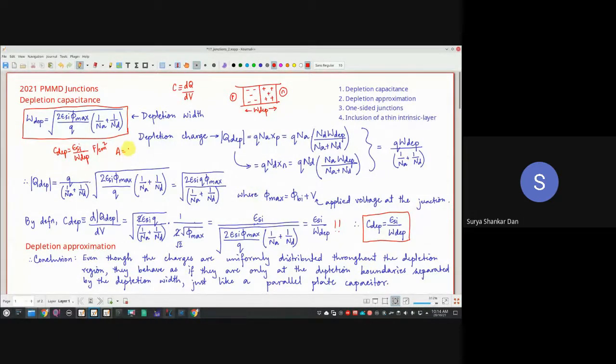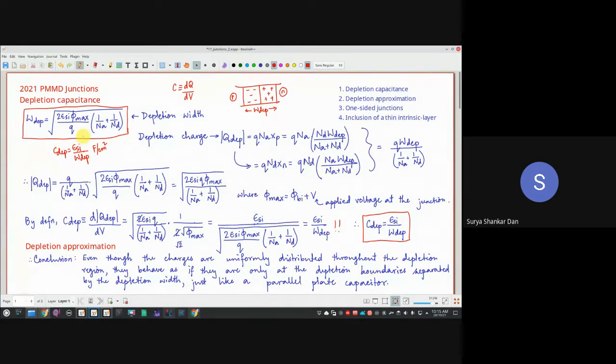What is that A? That is W into L. And in circuit design, you know that you have to play around with this W term, the sizing of the transistors, right? So at the device level, as a device engineer, you will not bother about this area. This area factor is something for the circuit people to optimize according to the requirement of the circuit. So at the device level, we always refer to it as farad per centimeter square. That means you are essentially not considering this area factor.